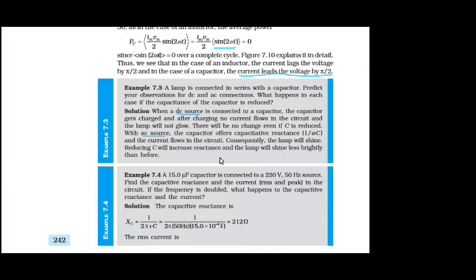But in no case will the lamp not glow. So this is the difference when a lamp is connected in series with a DC source and an AC source. Now the next question,